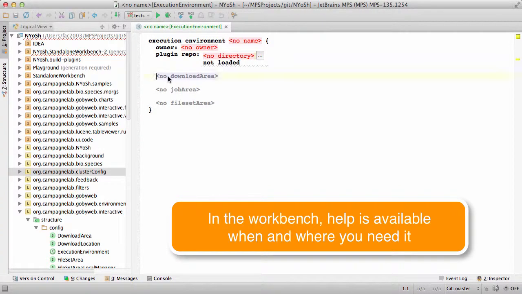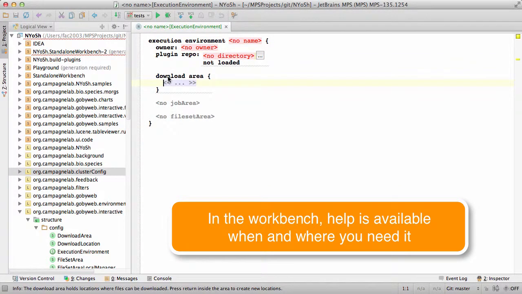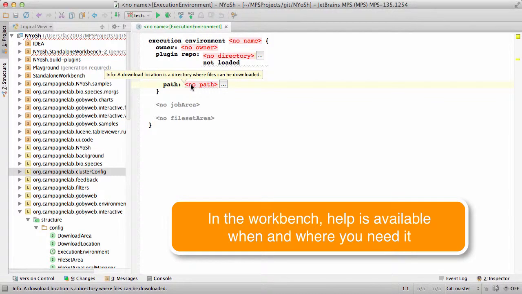For instance, let's press return to create a download area here. Browsing over the highlighted elements provides a help message that explains what the area is for and how to create new locations within it. Let's press return. We have now created an element inside the download area, and the highlighted element now provides help to explain what